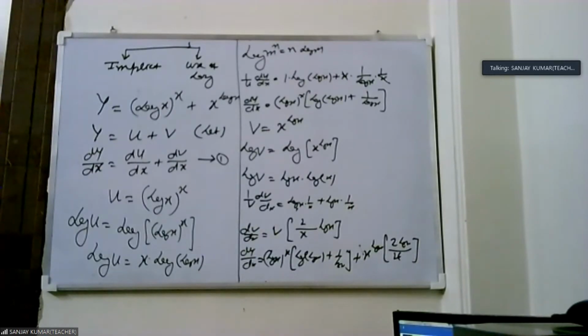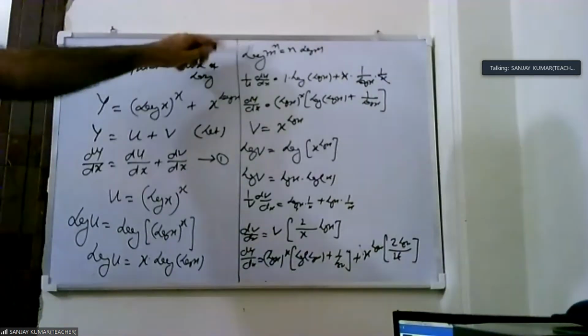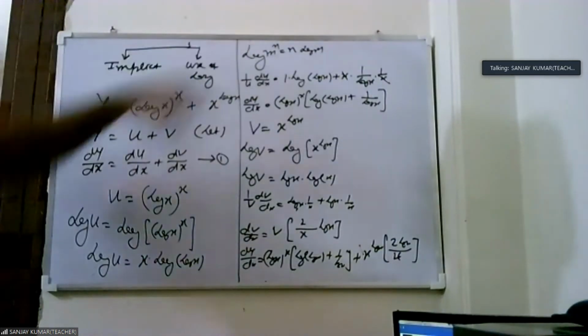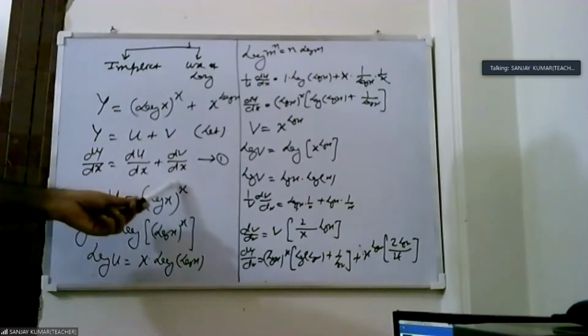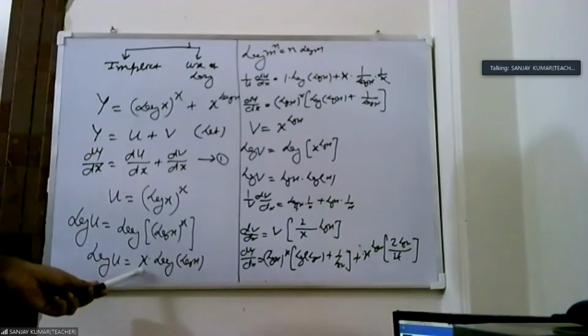This is a very important topic, the logarithm differentiation. We have 5 units in differentiation. The first unit is implicit function, which we have already done. Then the second unit we start is the use of log in differentiation. The first reason to apply log is when we have power in the form of x, then we apply the log. This is a very simple rule: log m raised to power n is n log m. Due to this property, the x comes in front, so that is x log of log x.